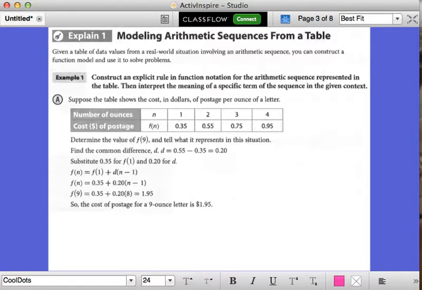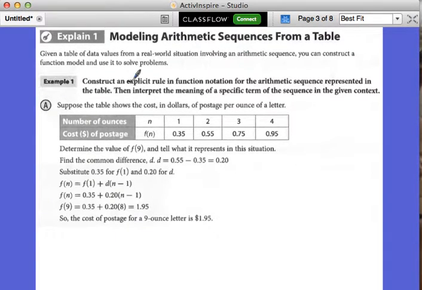Right? So in this case, we know how to go through and find all of our pieces. We are going to write this rule as an explicit rule, because it tells us right up at the top that it wants an explicit rule. Right, so we're writing an explicit rule, so we know that we have to find our f of 1,